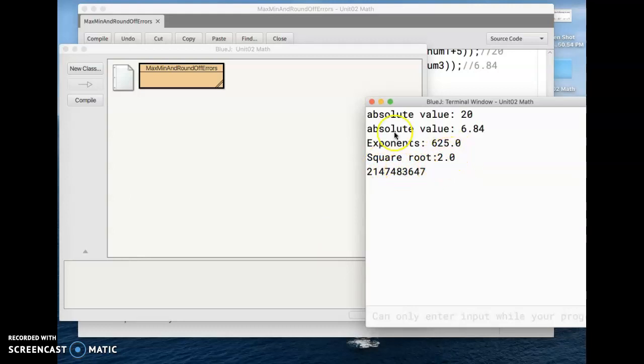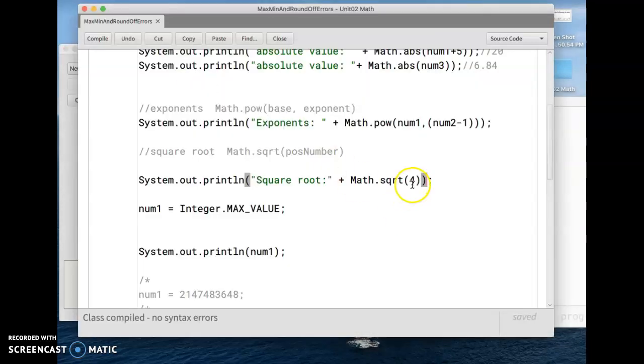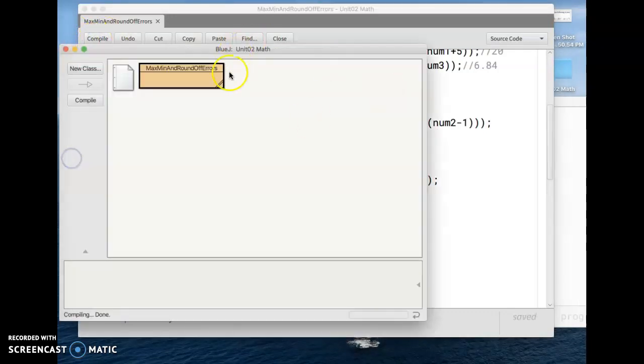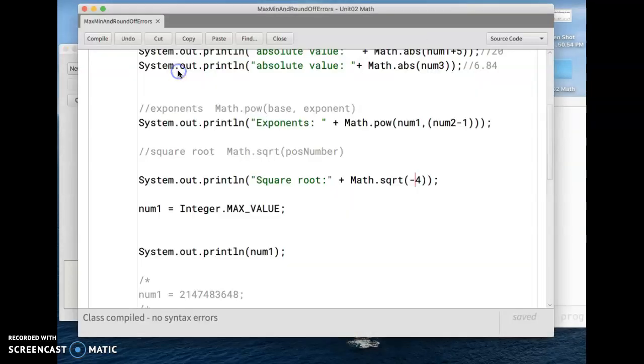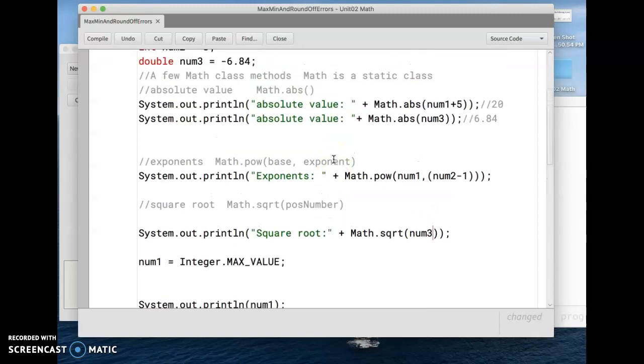So 2.0, notice it does always return a decimal. Also, if you do try to put something negative in there, it won't tell you right away, but it will give you an NaN, not a number error, meaning it's basically an imaginary number. So just be careful of that. Oftentimes, if someone is inputting a value, so let's say they input num3, and num3 is a negative number to us,